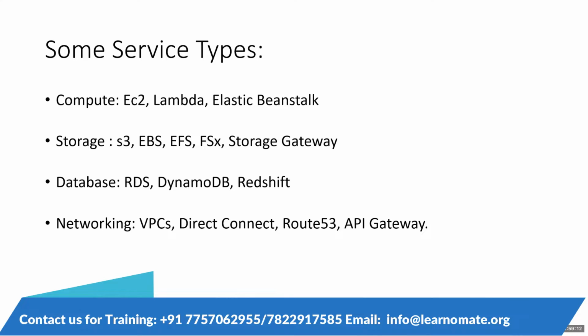And then we have EBS, the Elastic Block Store, which can be attached to an EC2 instance. For example, an instance should have a volume, right, or storage where it can store files. So that is EBS. Similarly, you can have an EFS file system, and FSX, which is like a file server where you can share your data with different systems or servers, and there is Storage Gateway. We will discuss all these services in this course.